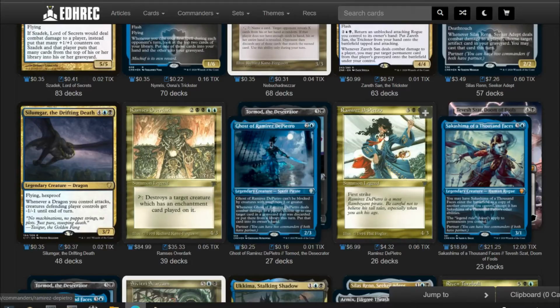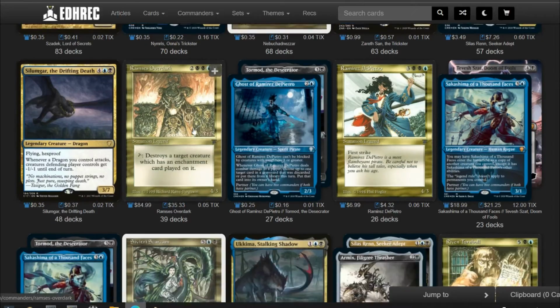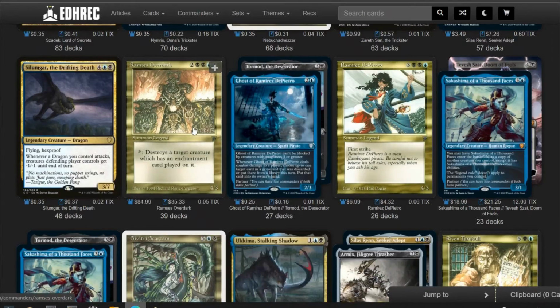You know, Ramirez DePietro, it's got first strike, but it's essentially awful, to be quite honest. I saw a really cool Ramses Overdark deck, actually, that I liked. I think I will... Dragon... Silumgar, the Drifting Death is...